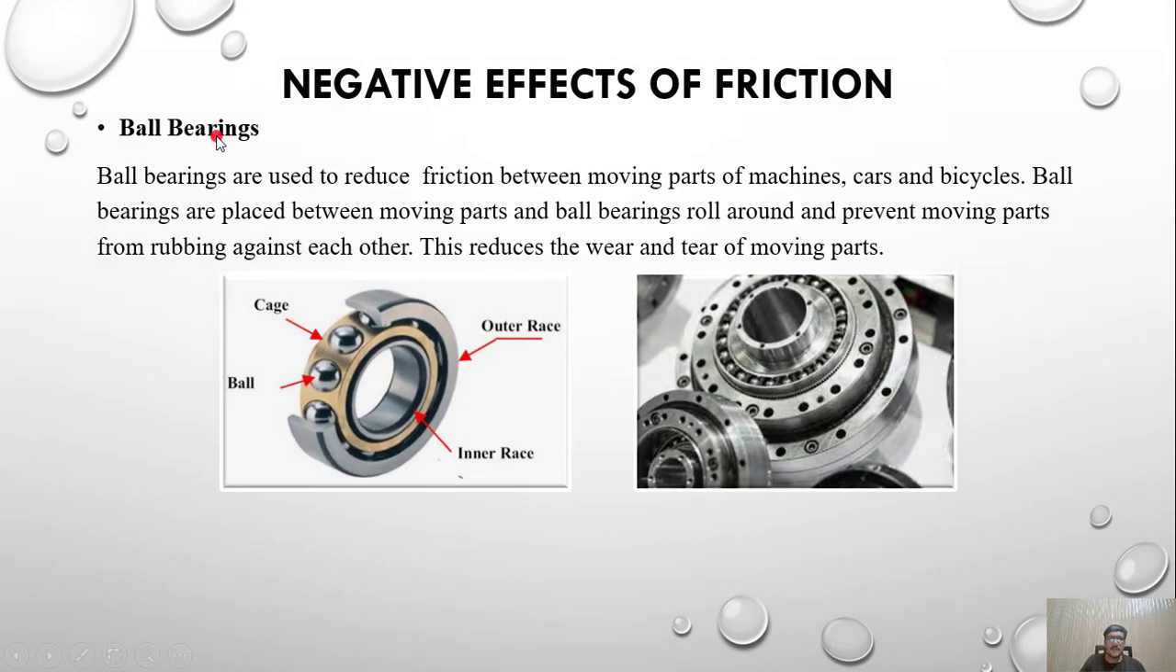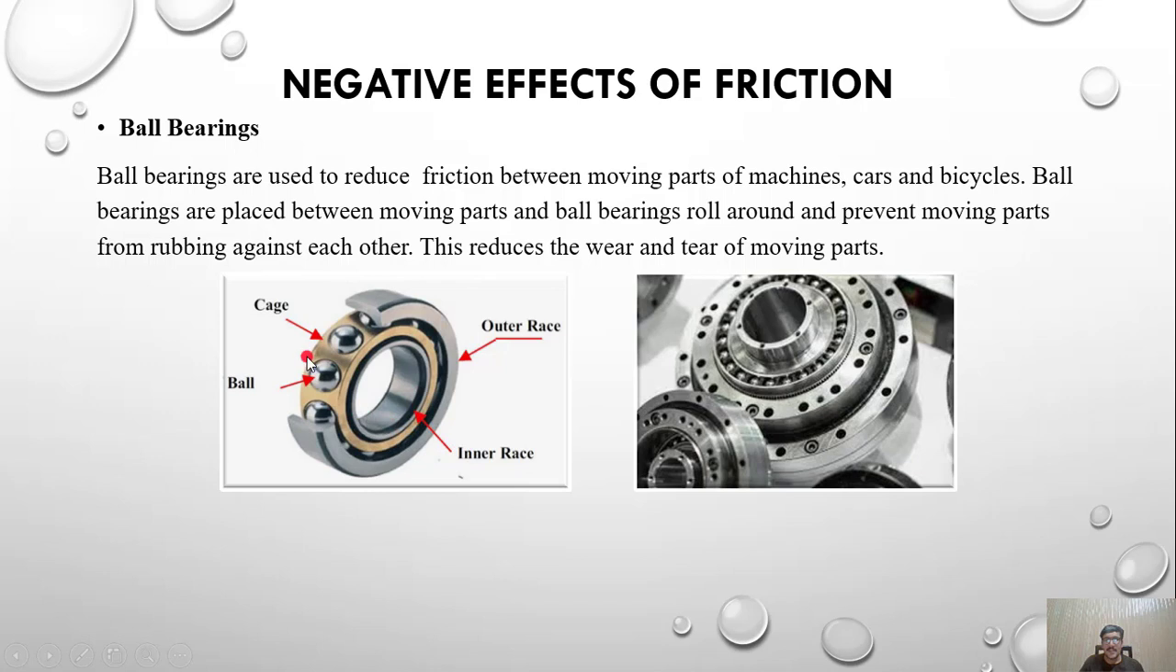So here is one more way, that is ball bearings. Ball bearings are used to reduce friction between moving parts of machines, cars and bicycles. Ball bearings are placed between moving parts, and they roll around and prevent moving parts from rubbing against each other. You can see here you have one surface that is known as the outer race, and one more surface that